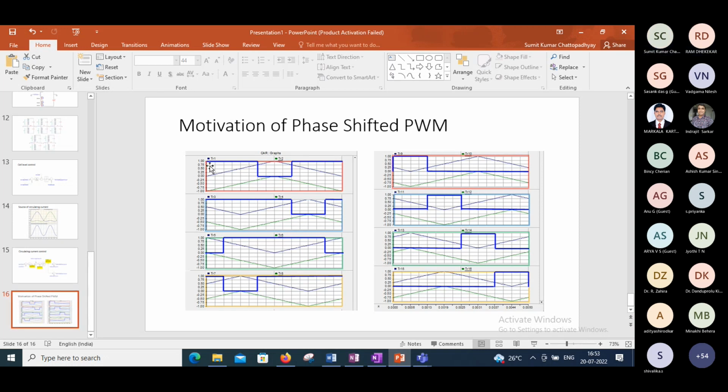Suppose here, say 0.75 is the reference. So the upper triangular carrier, if you consider, is phase shifted by 90 degrees. So you observe, if we add these blue voltages, which are varying between 0 and 1, what is happening at the output? You are always getting 3V. Whereas there is switching happening here. So taking advantage of this itself, there can be something called frequency multiplication.